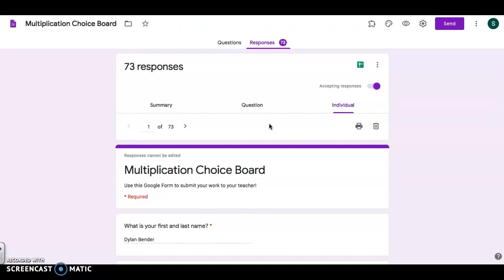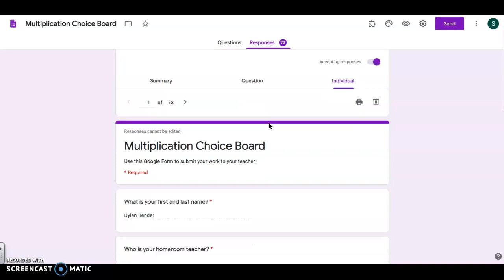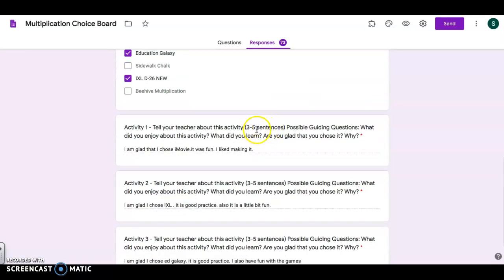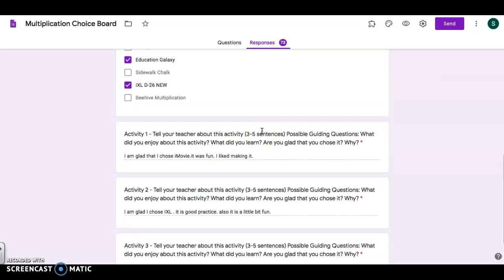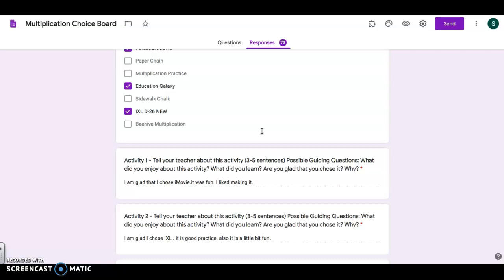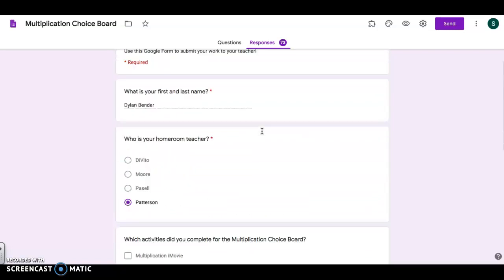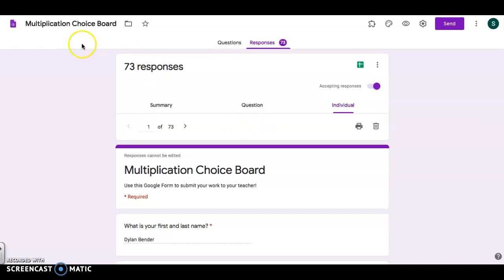I will tell you, those of you that are not getting all 30 points, you're losing points because you're not writing 3 to 5 sentences like the directions say right here. And I'm even taking off a couple of points if you are not capitalizing I. If you're not starting your sentences with a capital letter, and if you're not writing really nice, complete, beautiful 4th grade sentences. So make sure you're giving me your best effort with this, and make sure you're telling me everything about the activities that you choose.